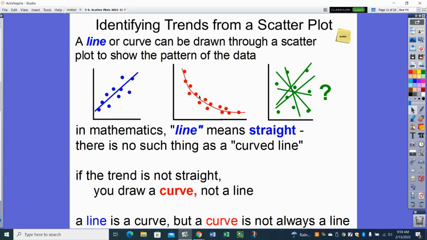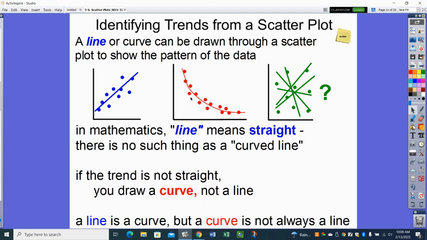So just understanding that a line means a line, a curve is never a line. You would never call this a line. In mathematics, line means straight. There's no such thing as a curved line. If the trend is not straight, you would draw a curve, not a line. And this year, we won't be talking about how to make predictions